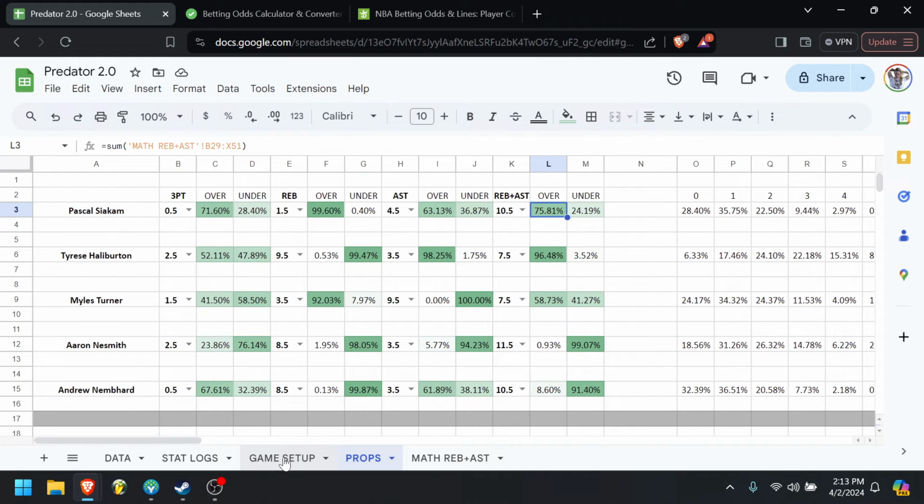I would say something that could be made better for this, if you want to do something like this yourself, is definitely figure out a way to either scrape the current book line odds, or just manually put them in there, because if you're looking at, like, if Pascal had a 1.5 3-point line as an example, and he's 64% to go under, that looks pretty good,